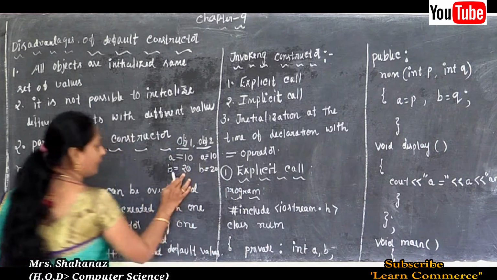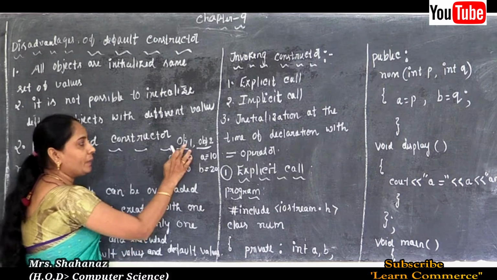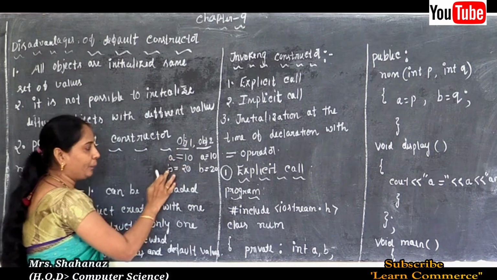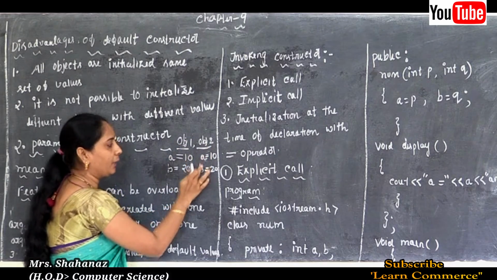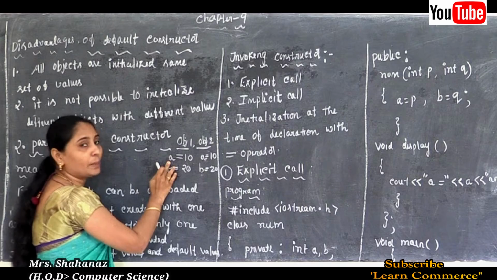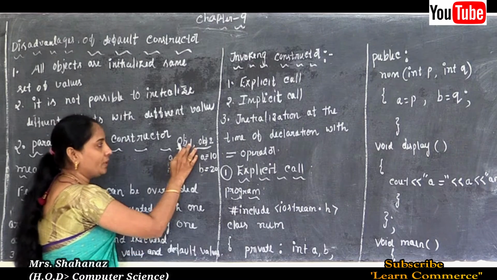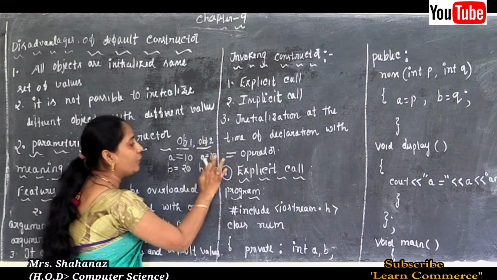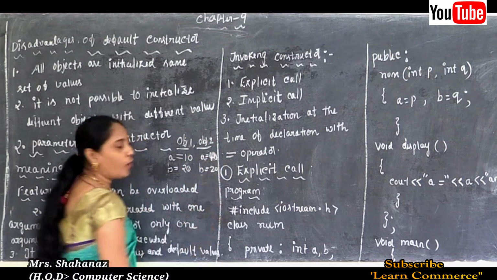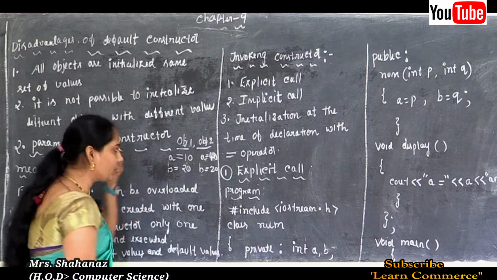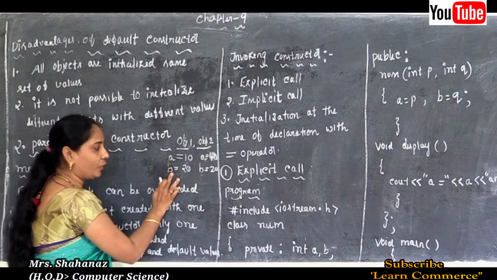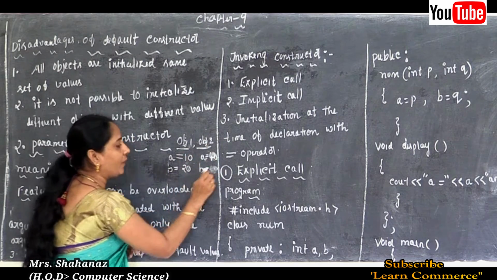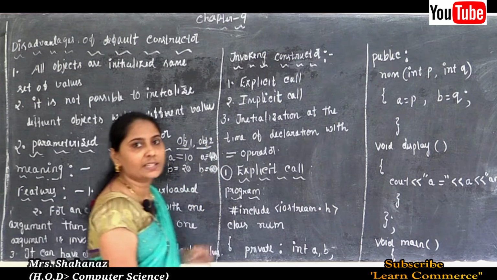So for some examples, maybe obj1 and obj2 are there. In obj1 there are a and b, and in obj2 a and b, but here I am going to use different values. In obj1, a is 10, but in obj2, a is 40. Clear this point? So 40, and maybe obj1's b value is equal to 20, and later obj2's b value I want to use as 60. So this is the meaning.